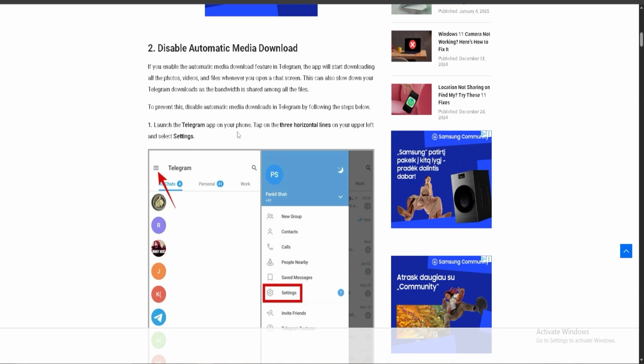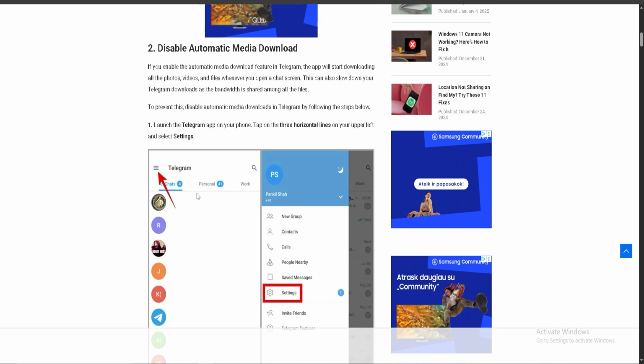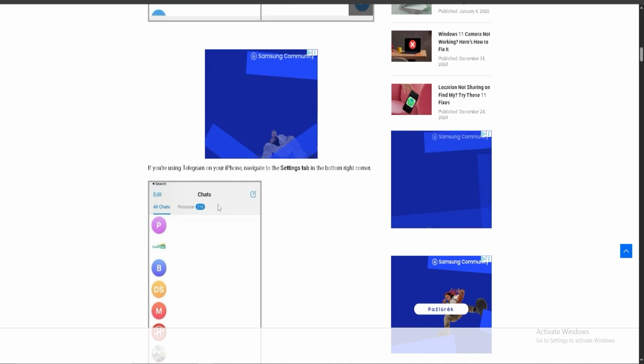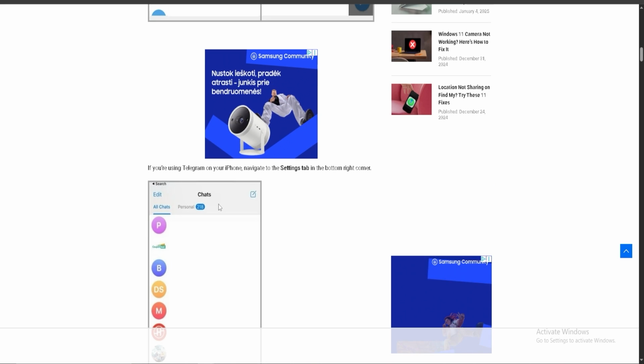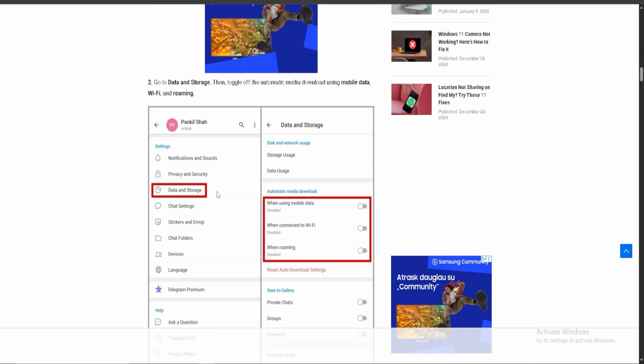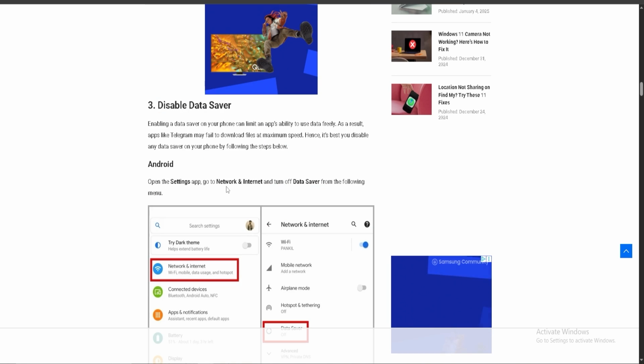First of all, launch the Telegram app on your phone, tap on the three horizontal lines on your upper left and select settings. If you're using Telegram on iPhone, navigate to the settings tab in the bottom right corner, go to data and storage, then toggle off the automatic media download using mobile data, Wi-Fi and roaming,